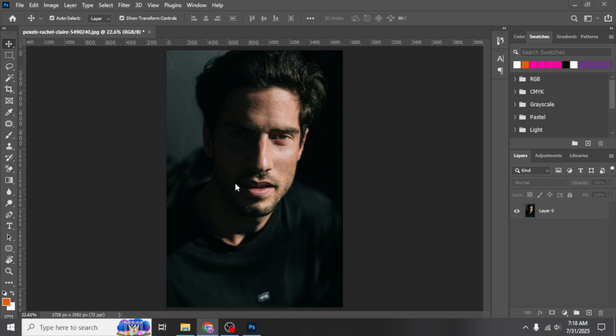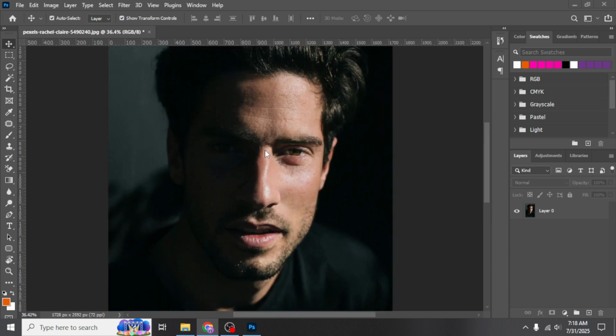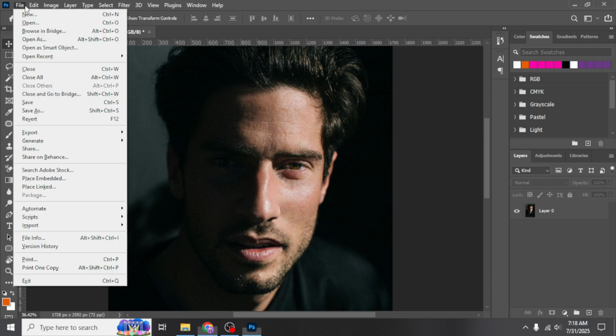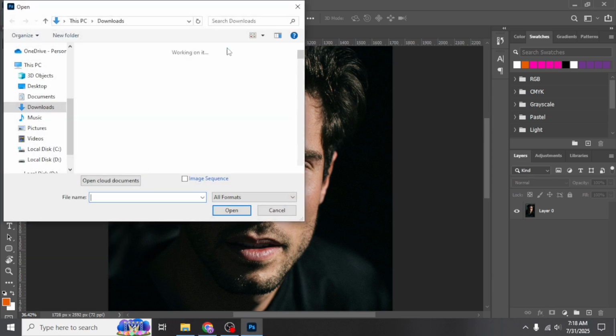First, open Adobe Photoshop. Make sure you have it installed and updated to the latest version to avoid any compatibility issues. Once you're in, open the image you'd like to work on. Simply go to File at the top left, click Open, and choose your desired image file. It's worth mentioning that starting with a high-resolution image will yield the best sharpening results, so keep that in mind